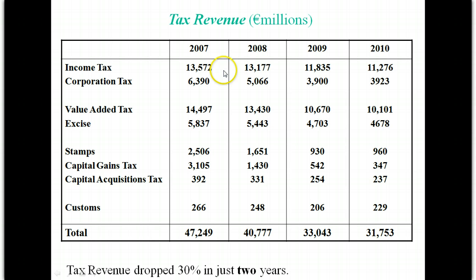But if you look at the different tax heads, we can see income tax has fallen. As we looked at the employment situation in Ireland, the numbers working has fallen, so therefore the number paying tax has fallen. Corporation tax has fallen from about 6 billion to 4 billion. VAT has tracked the pattern of consumption: as people have less and less money, as people have borrowed less and less money, and people have become more and more cautious, the level of expenditure has fallen, so VAT has fallen quite substantially. Excise duty has fallen, excise duty on cigarettes, on fuel, on alcohol, on betting and other